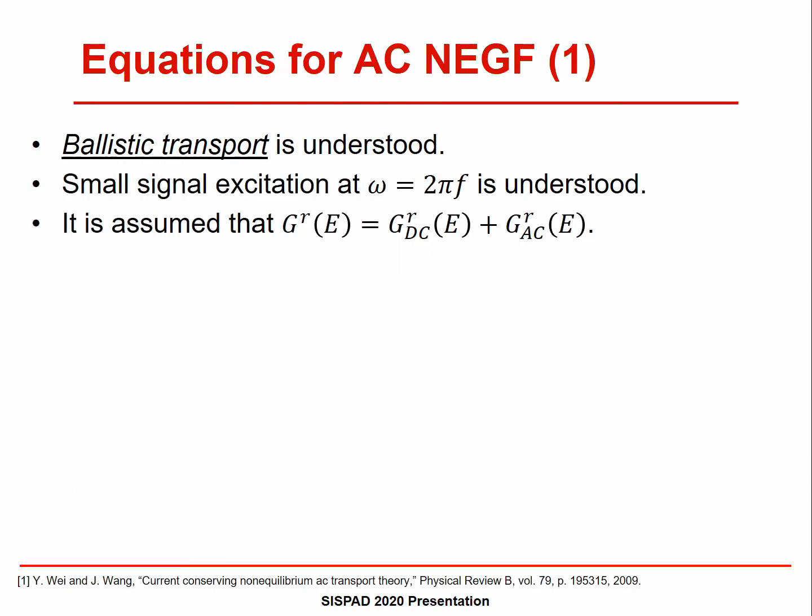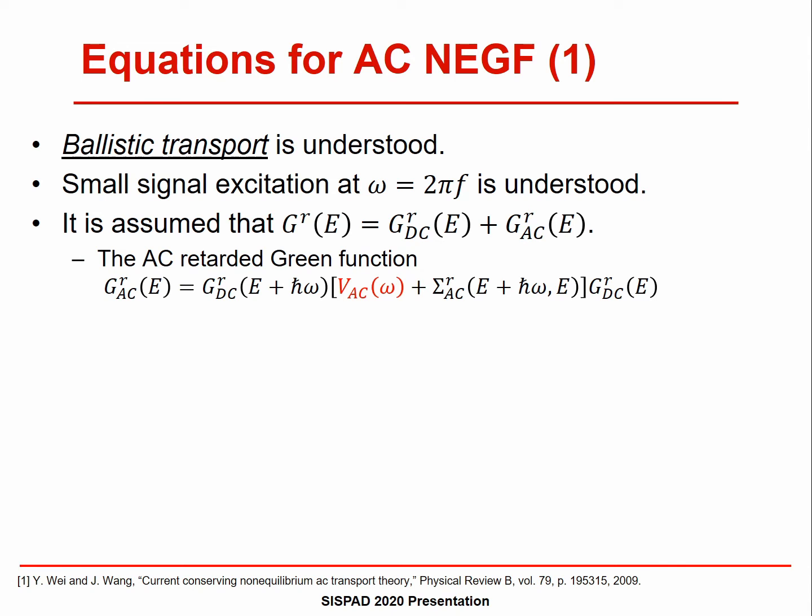Assume that the DC NEGF solution is available. Also, the ballistic transport is assumed. An AC voltage excitation is applied to a contact. The amplitude is V_amp and the angular frequency is omega. The retarded Green function is written as a sum of the DC retarded Green function and the AC one. Here, the AC retarded Green function G^R_AC is given by